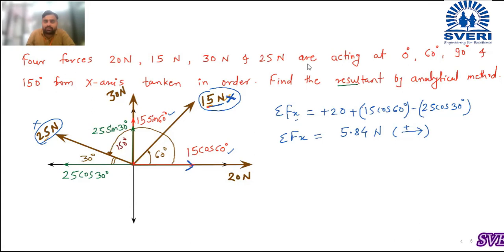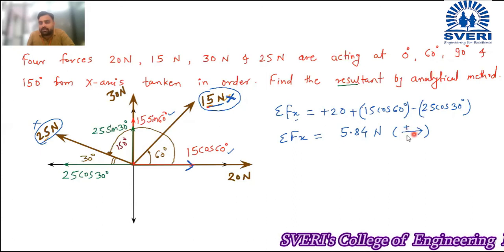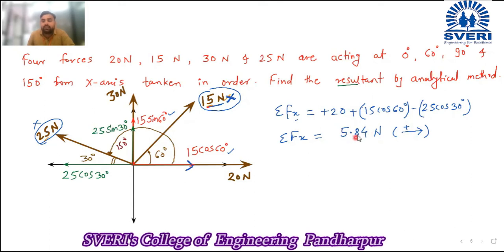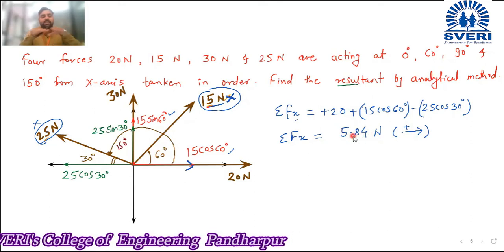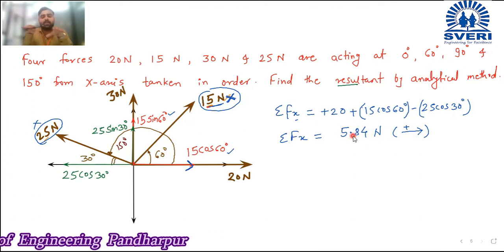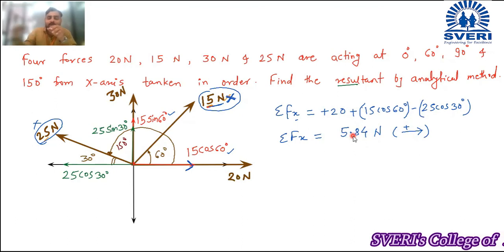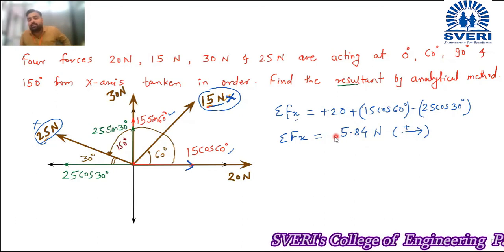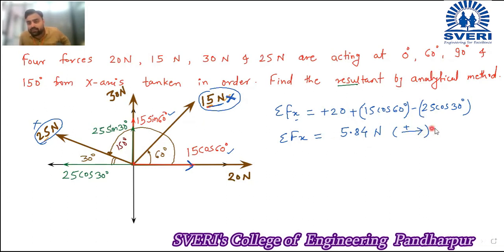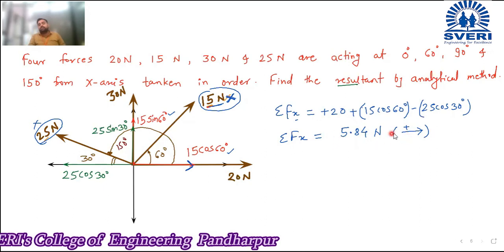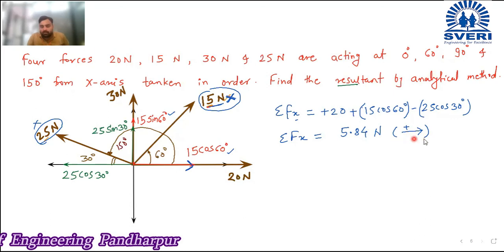Similarly, we will calculate. Did you understand this point? Here I have shown the direction towards right and a plus sign. Why have I shown it like this? Because for summation of x we have got a positive answer. Positive answer means what? What is summation of x? The sum of all the forces which are parallel to x axis. So that is also a value, and you got a positive answer for that value, so its direction will be rightward. That is the meaning of this. If you had got a negative answer here, you would have shown this arrow towards left. I will tell you at the end what its use is. So now here it is plus, so we have shown this towards the right-hand side.